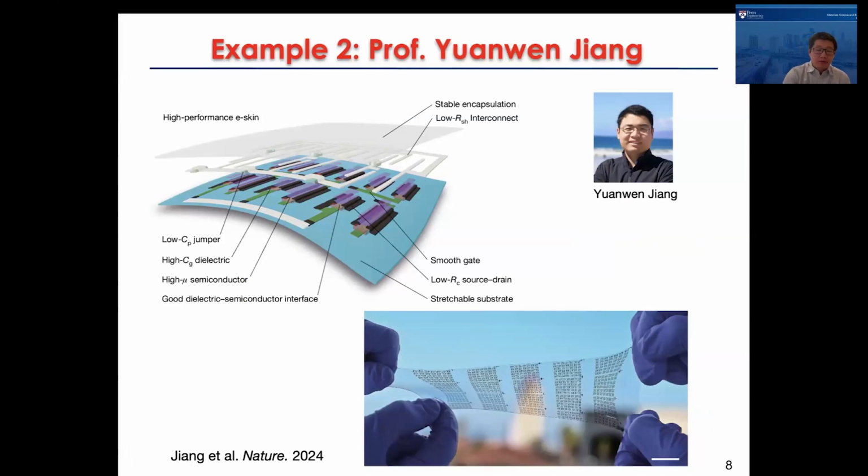So the second example is from Professor Yuanwei Zhang. Professor Zhang is an assistant professor who joined the department 2 years ago. His research is centered on soft bioelectronic materials, flexible healthcare devices, and materials for remote neuron modulation. Early this year, Professor Zhang and his collaborators published this very high impact work in Nature,